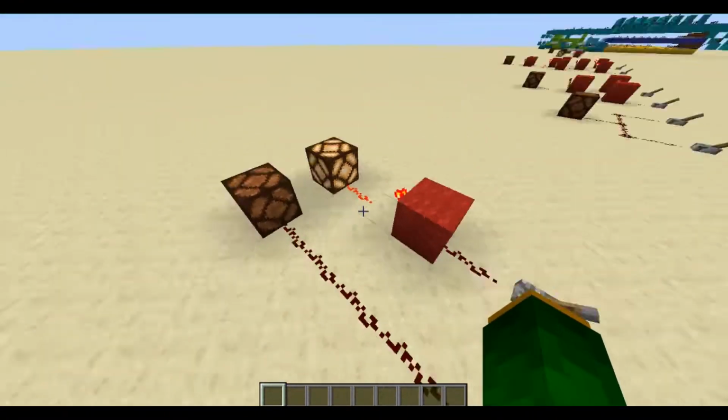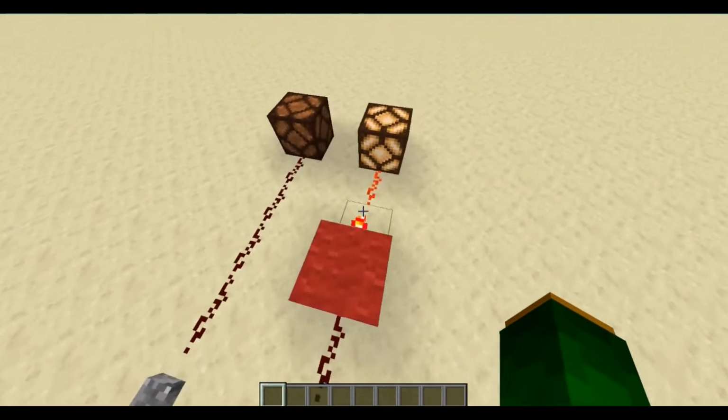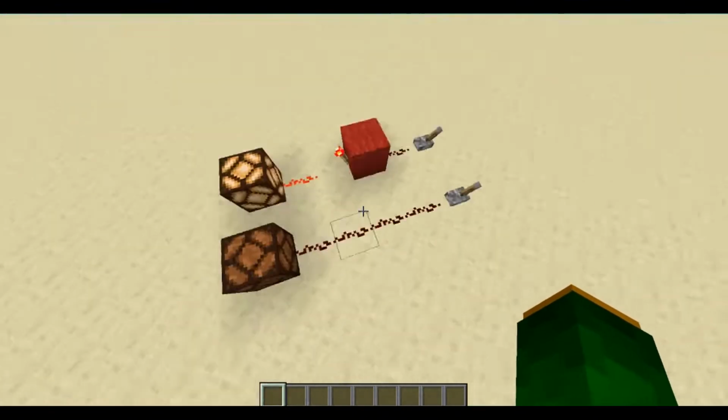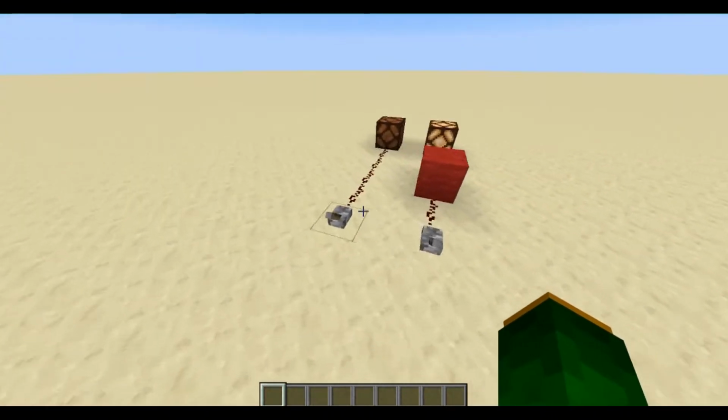Today, I'm going to be explaining how you can use redstone to build a basic computer inside of Minecraft. So first of all,